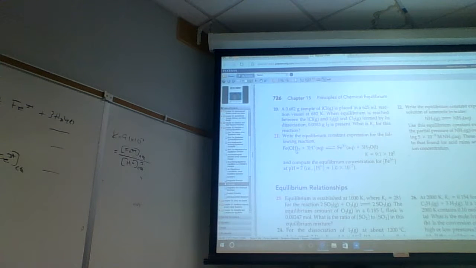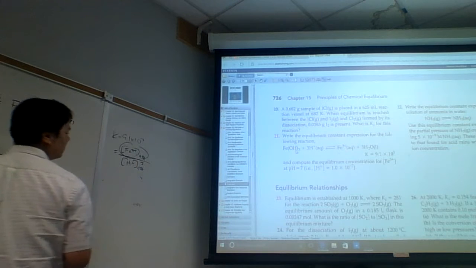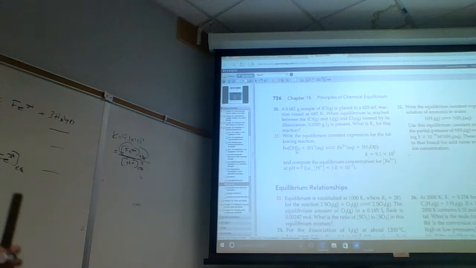And that unknown would be the iron 3 plus, so just plug that in, solve for this. And so it would just be 9.1. I'll just go ahead and do that. And what do we do about the units? We ignore the units. And so here it's going to be 1 times 10 to the minus 7